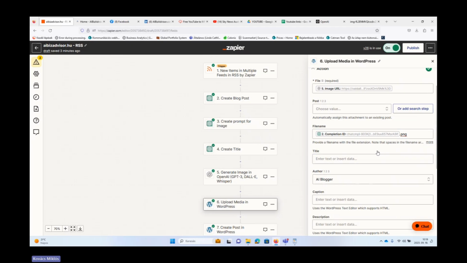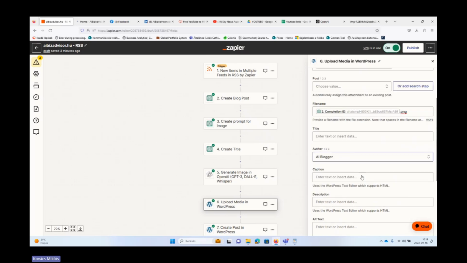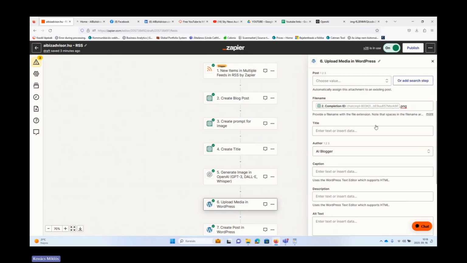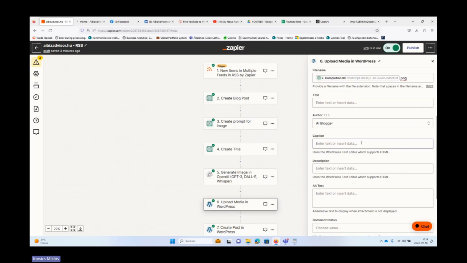With this method, you can always have your unique ID, because at the end, the name of the picture is not really important, but at least it's unique. So if you use this method, you will always have a unique image ID.